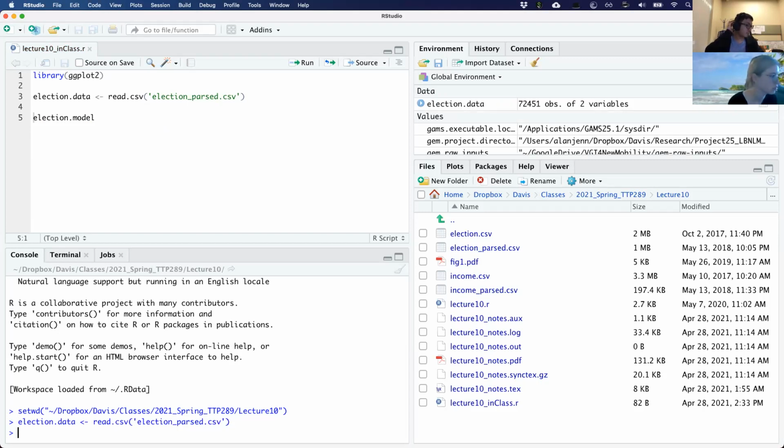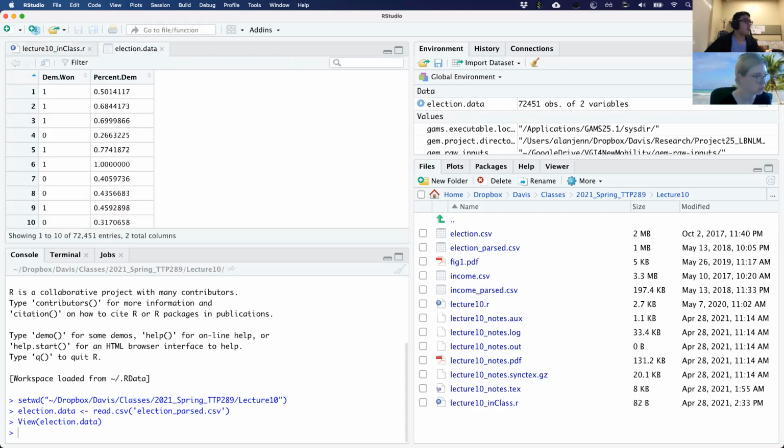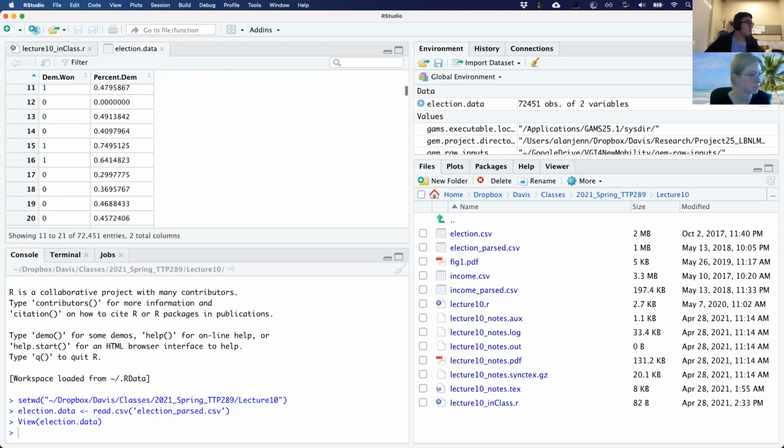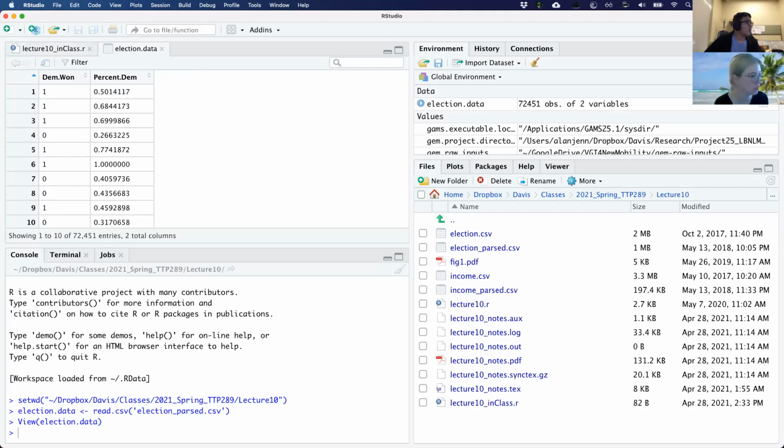Okay, so we've got some election data. Let's go ahead and take a look at it. It's a pretty simple data set. This is some old election data about different districts in the United States, and there are only two variables here.